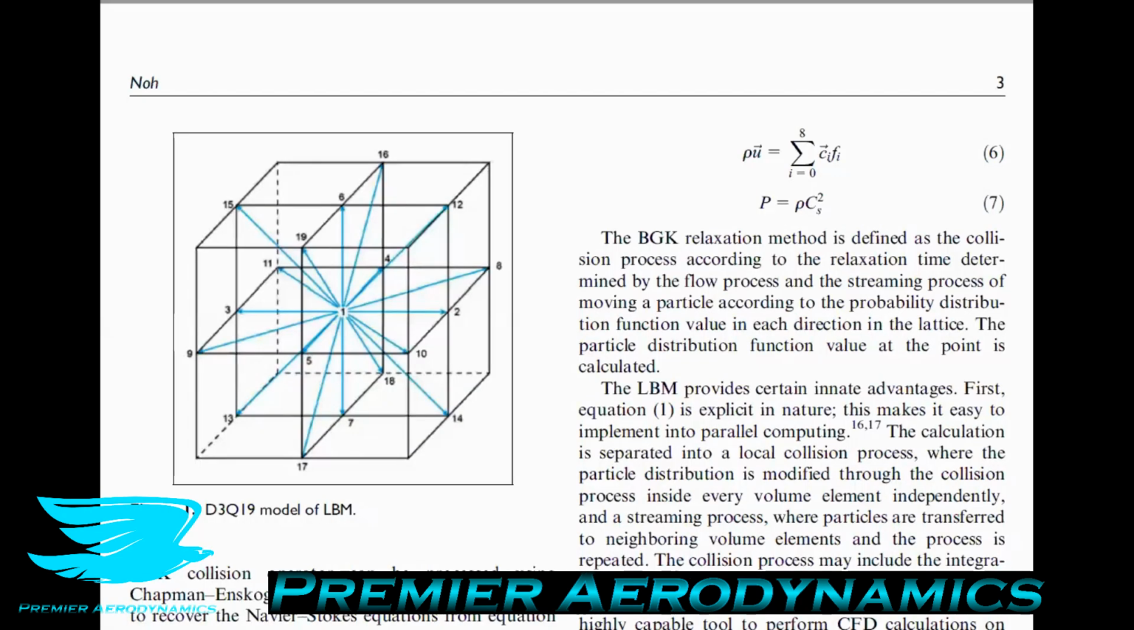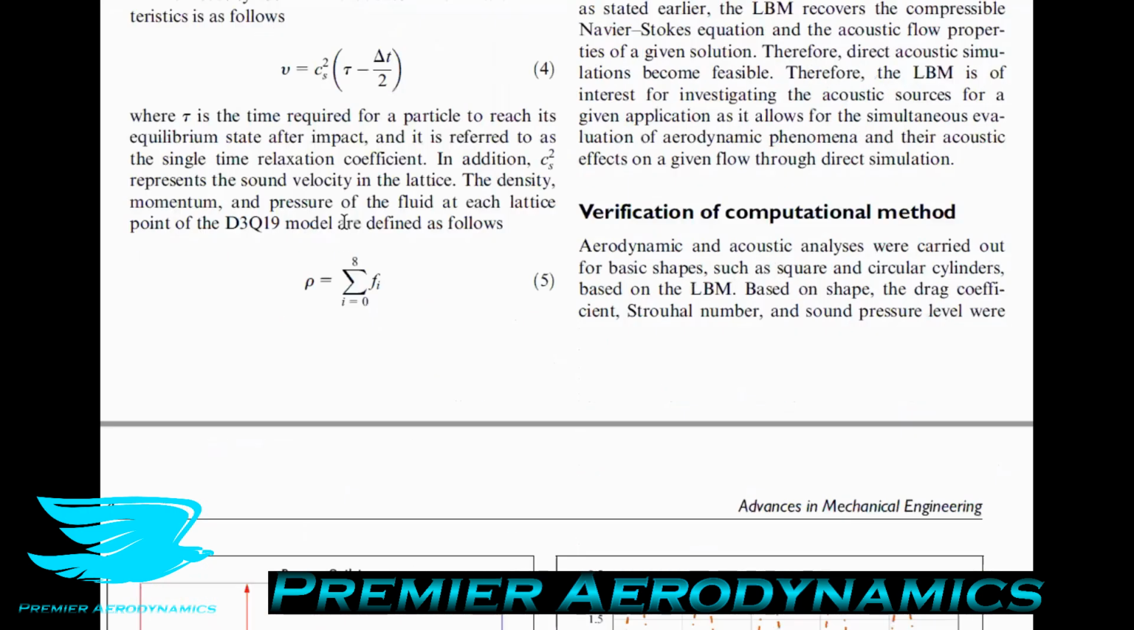And this is why I wanted to look at the Lattice Boltzmann method for acoustic modeling, because acoustic modeling in traditional CFD is incredibly difficult and very erroneous. So the Lattice Boltzmann method may provide a different way of getting this acoustic modeling accurately. So let's talk about the verification of the computational method. So they say,